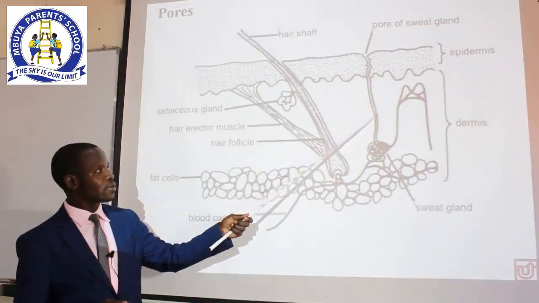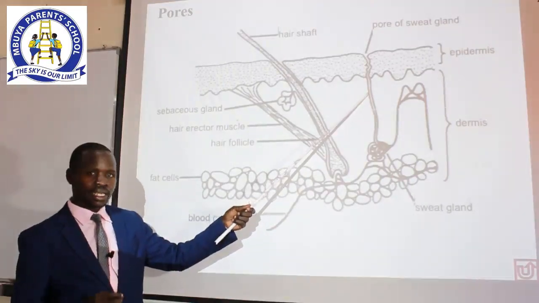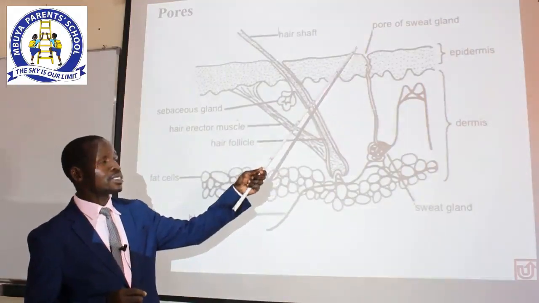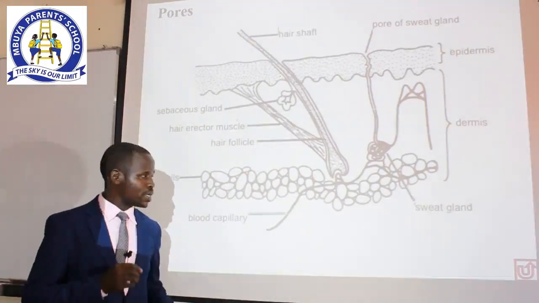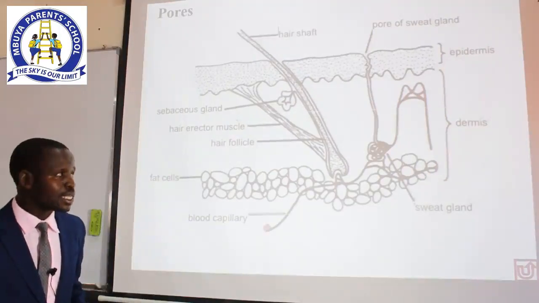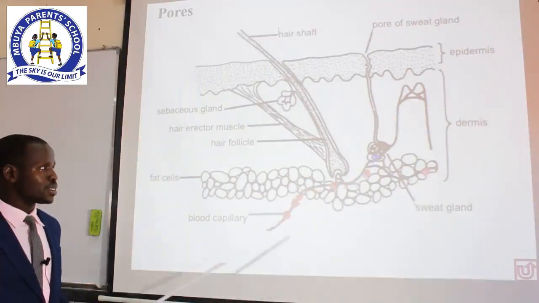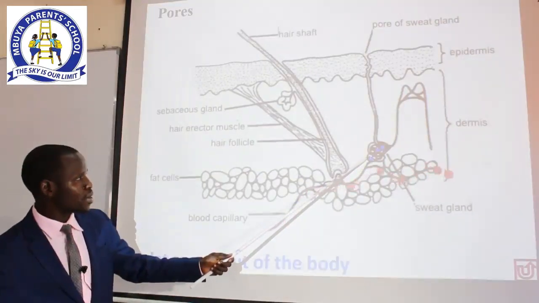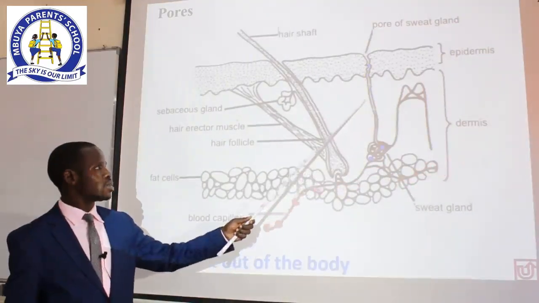This area, we are calling this tube, we are calling the duct. So when the sweat moves, it comes out of our bodies through the pores. So in simple terms, the pores let out sweat, just like you can see in this illustration. So the blue,